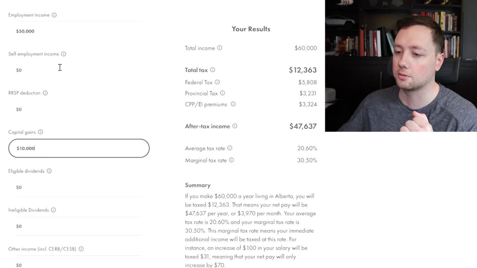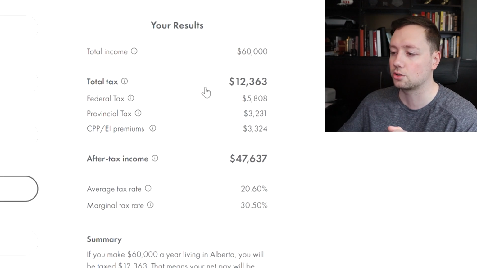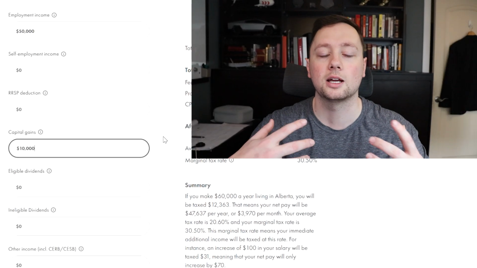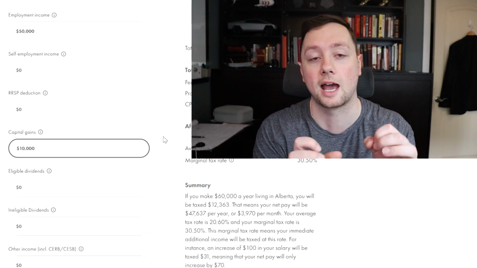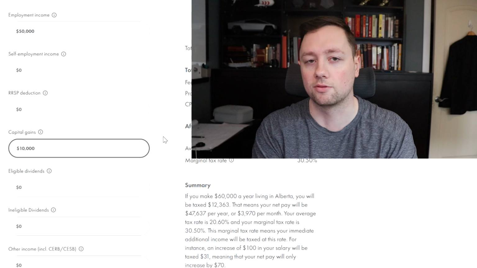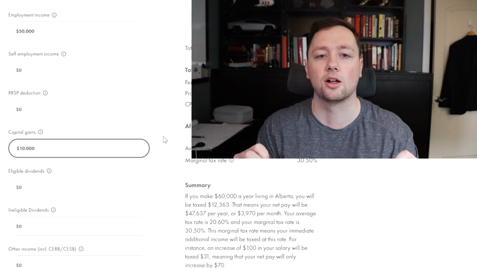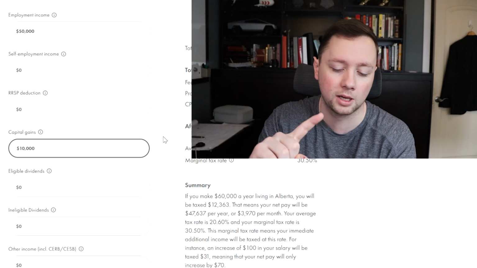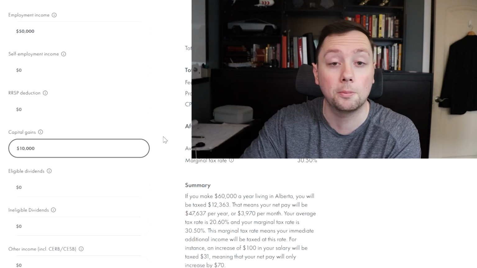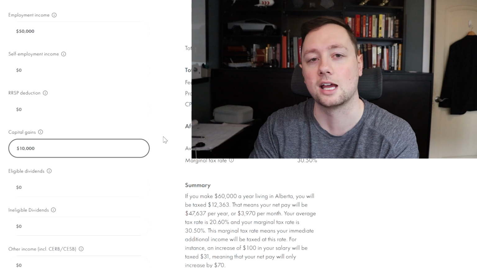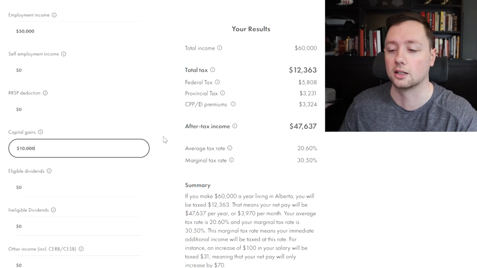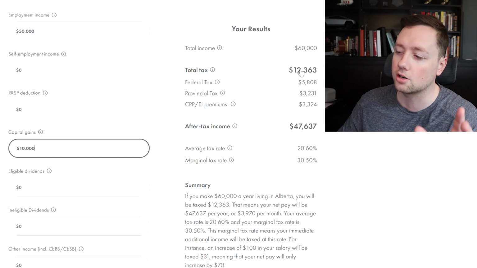Well, what's really nice about that is that if you look at this, here's your total tax number, and you're currently paying $12,363 because you were able to classify that $10,000 as capital gains. However, let's say that $10,000, you were sitting at your computer every single day, you were working really hard, you were making several trades per day on top of your regular job, and because of that, you have to classify it as business income or as personal income. Well, here's the difference. Our number is going to go from